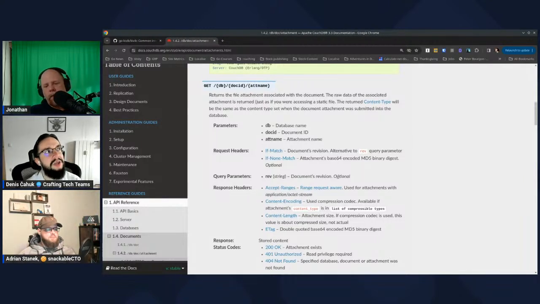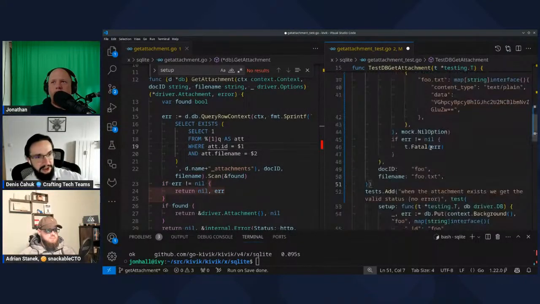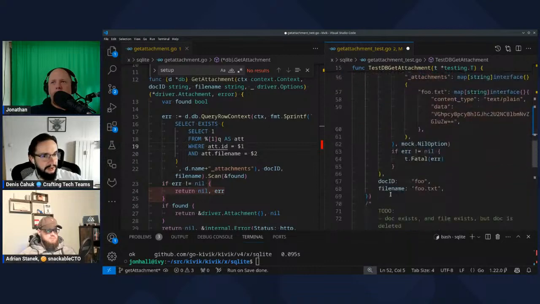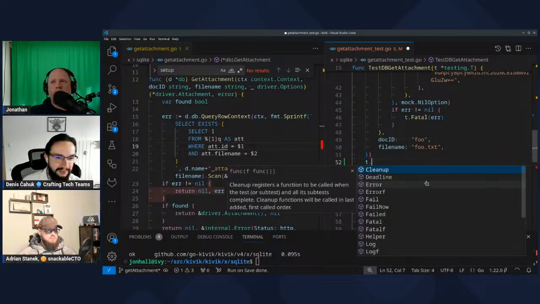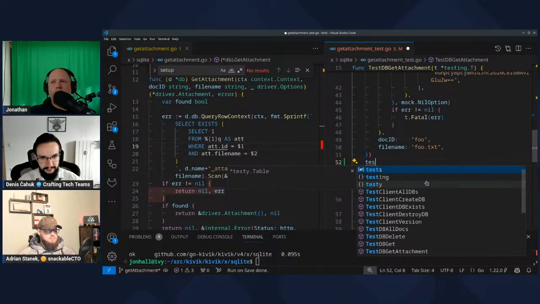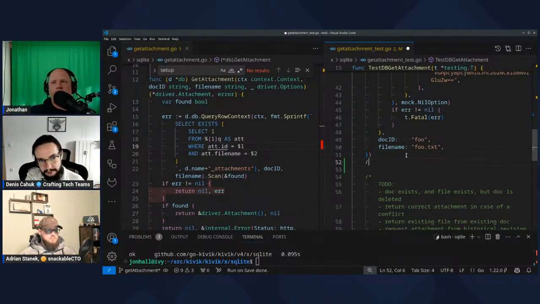So, yes. Actually, I would not betray our API to the context of the query. I would introduce this, which you just explained to me. Get attachment always returns the state of the latest revision. That is a test that I would write. Or at least just write the text, because it's not a test, actually. It's a group. So get attachment returns the latest revision. Always. So all checks are performed only on the latest revision.